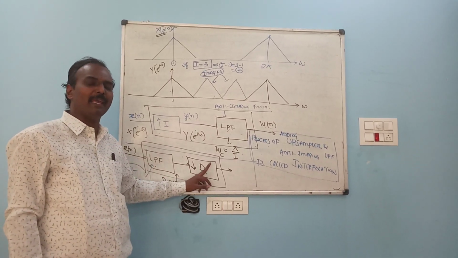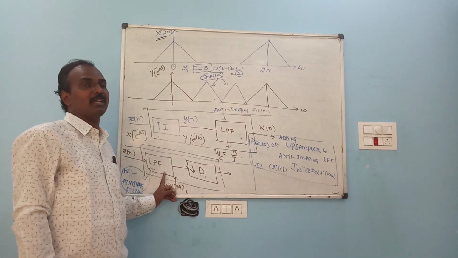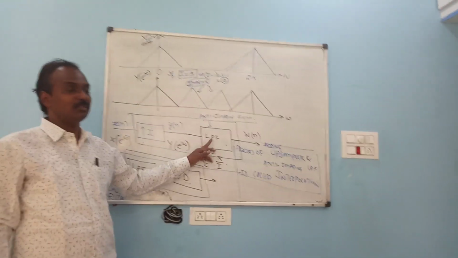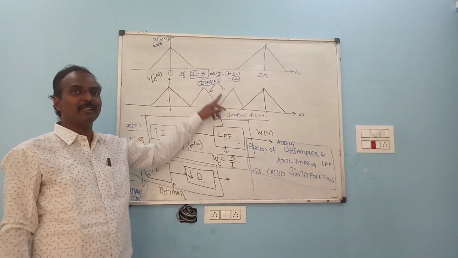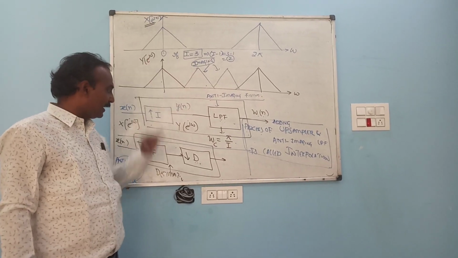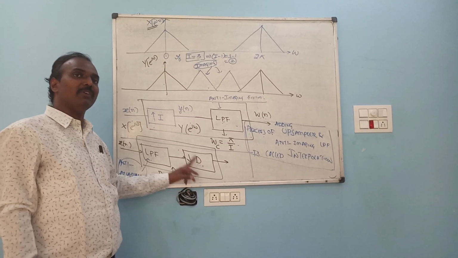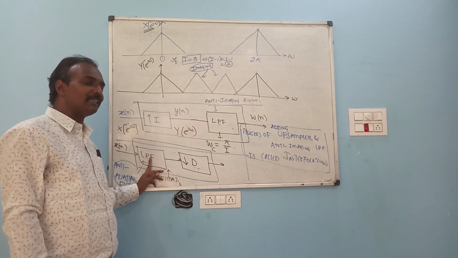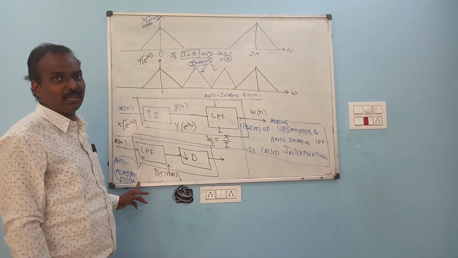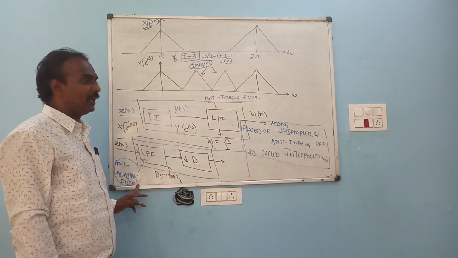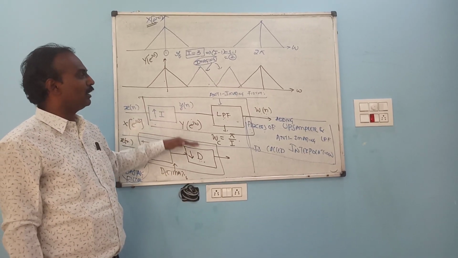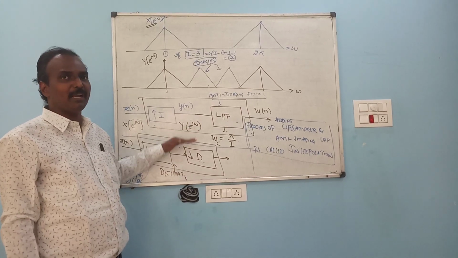For downsampling, prior to downsampling, we are adding a filter. For upsampling, post upsampler, we are adding a filter. So post upsampling is to avoid the images. These images are occurring because of adding zeros. Here, prior to decimation, we are adding a filter. This filter we are calling an anti-aliasing filter. This aliasing is happening because of dropping some signal in the downsampler. So this is the thumb rule we have to understand for upsampling and downsampling.